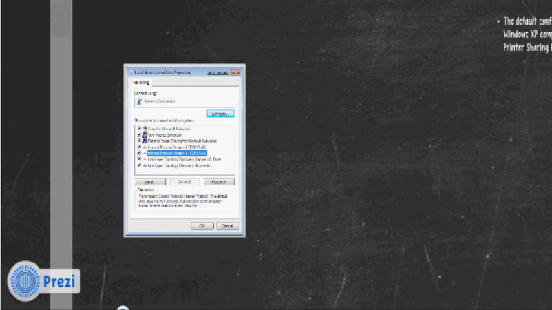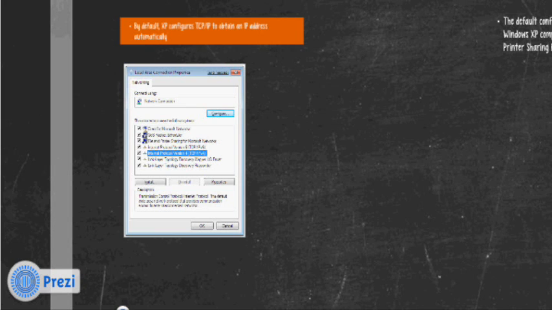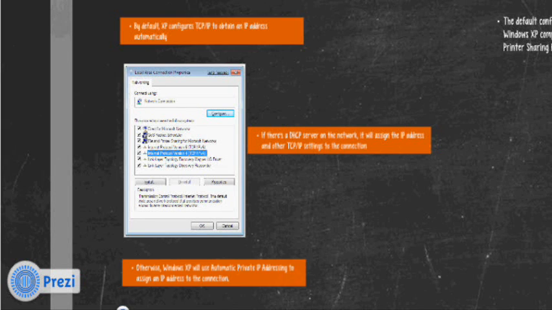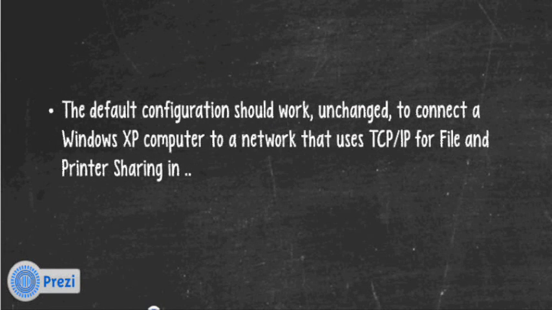By default, XP configures TCP/IP to obtain an IP address automatically. If there's a DHCP server on the network, it will assign the IP address and other TCP/IP settings to the connection. Otherwise, Windows XP will use automatic private IP addressing to assign an IP address to the connection. The default configuration should work, unchanged, to connect a Windows XP computer to a network that uses TCP/IP for file and printer sharing in